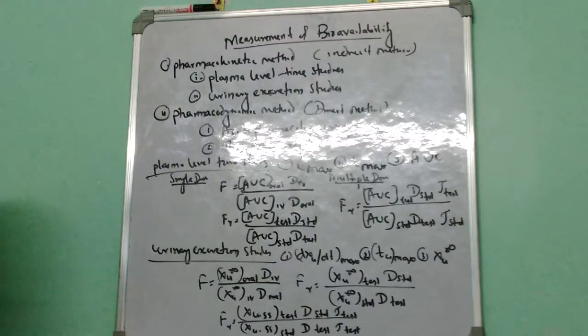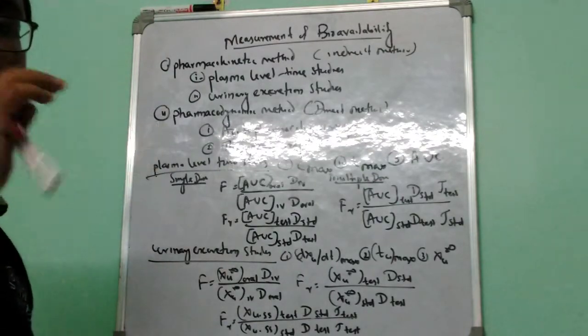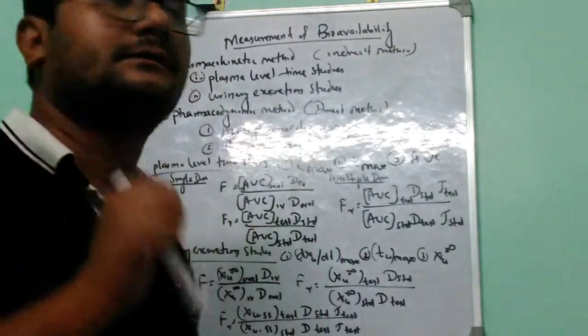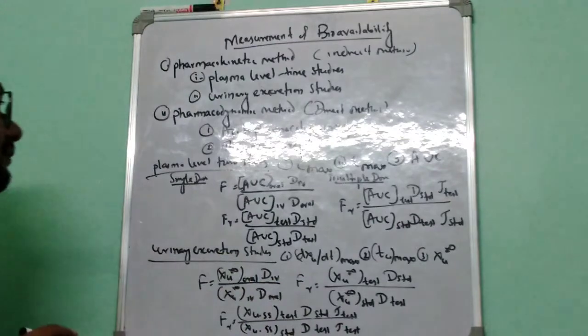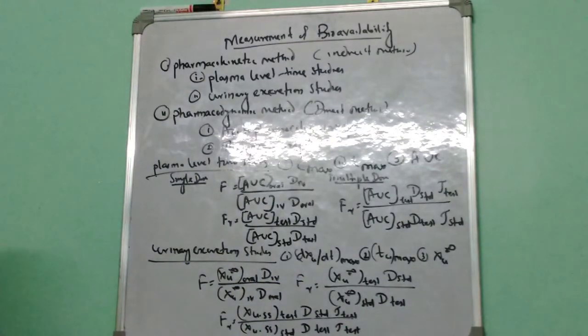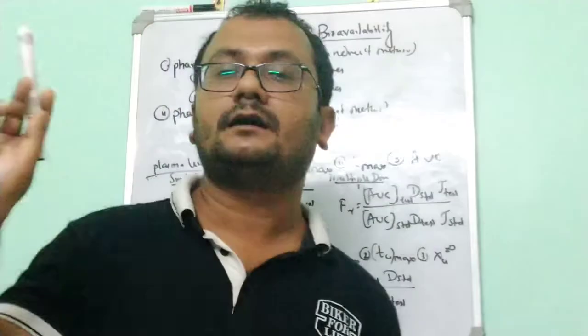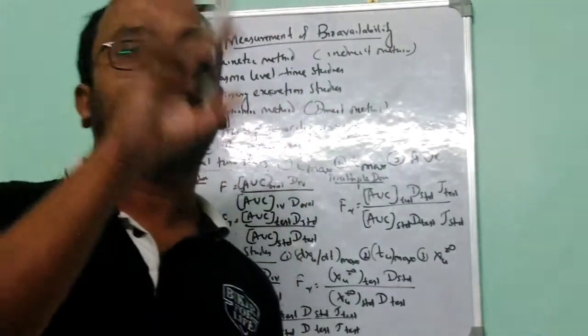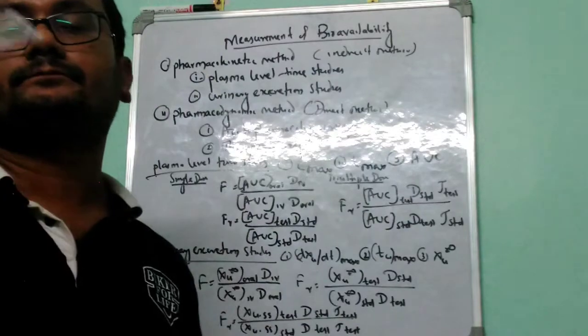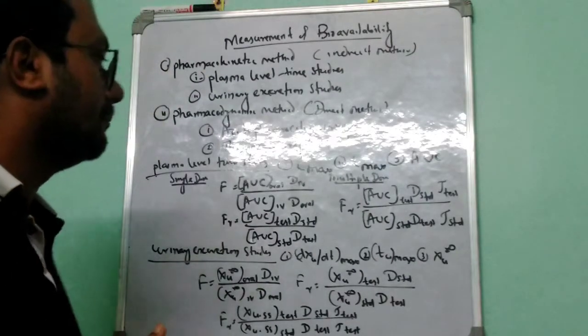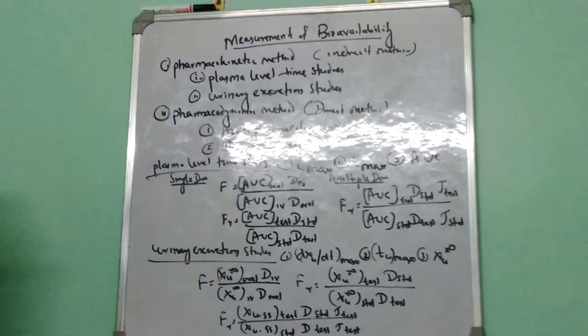That indicates the time at which the drug reaches the peak plasma concentration. Then coming to AUC, area under the plasma level time curve. When we are preparing the plasma level time curve, whatever the area is has a direct relation to the bioavailability term, AUC, area under curve.